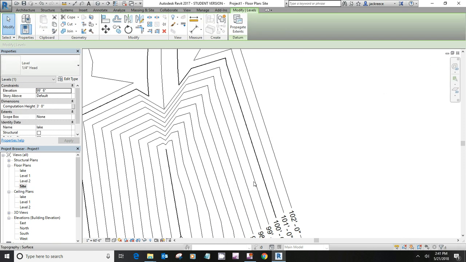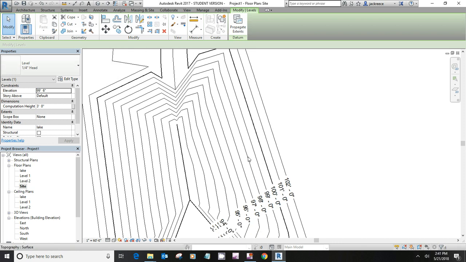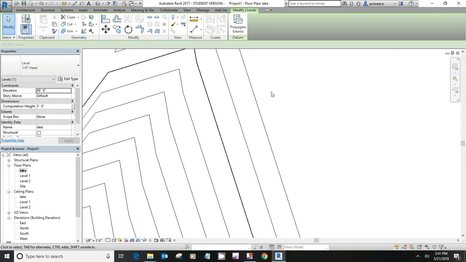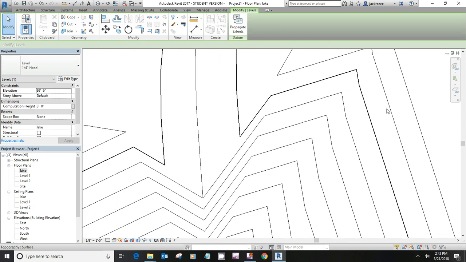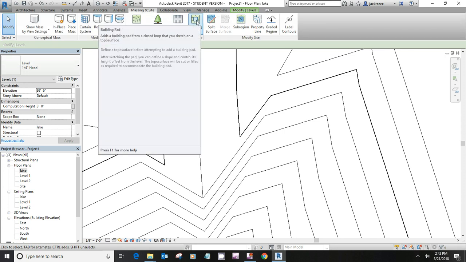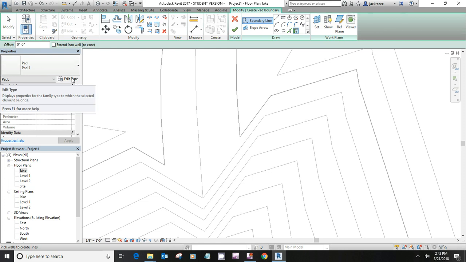Now, if you remember, the bold contour line is the 100-foot level, and the one just inside that is our 99. So we're going to draw our lake in between those. And what we're going to do is use a building pad, and it's going to be on the lake level. And let's go ahead and edit our type